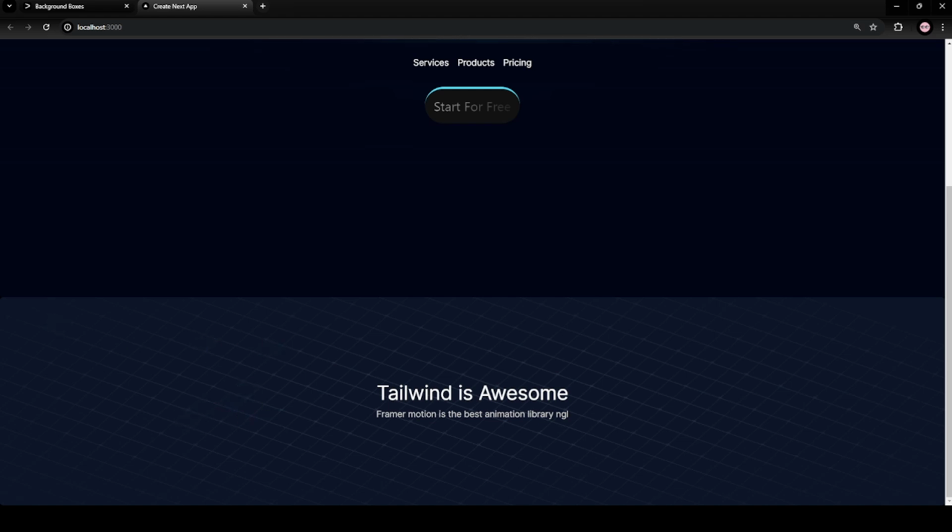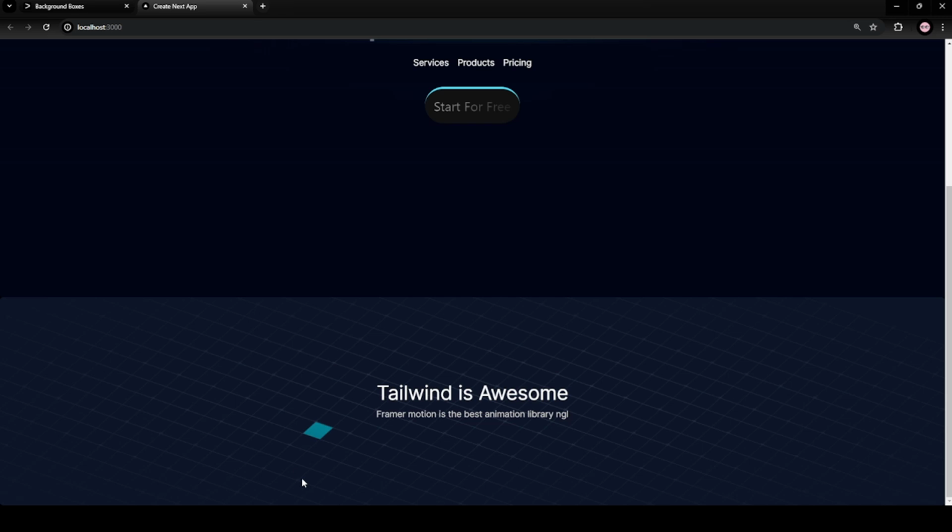So what I'm thinking is adding 4 boxes under this, which will act like features of our project, since we have been doing a SaaS landing page. In our SaaS products, there should be some features of that product, so we will be showing the features in this section.